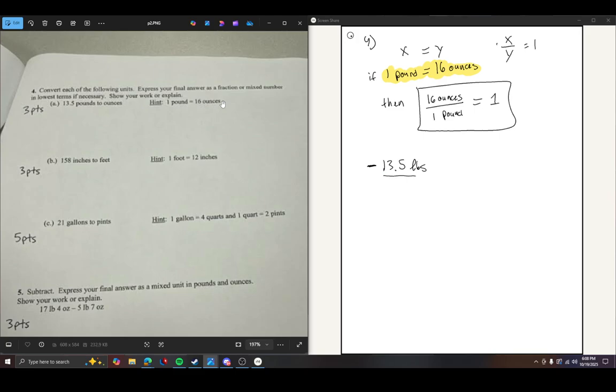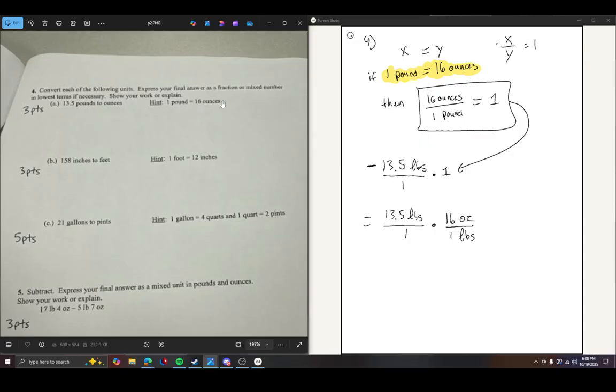But anyways, remember what I said, we can divide by 1, right? We've got 13.5 pounds, it could be x, could be whatever, but we have 13.5 pounds. I'm going to divide it by 1 because we're not changing anything. And let's multiply it by 1, and that's not going to change anything, right? But let's replace this 1 with that 1. So what we're saying is we have 13.5 pounds divided by 1, multiplied by 1, but what we actually have is 16 ounces divided by 1 pound.